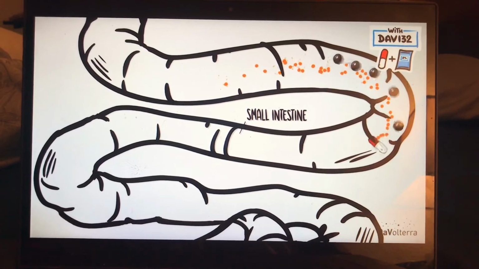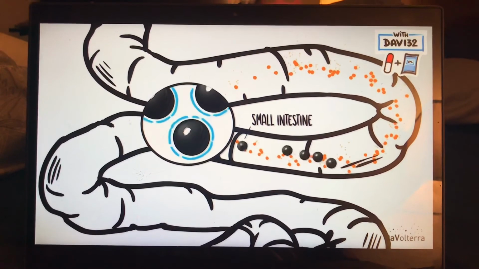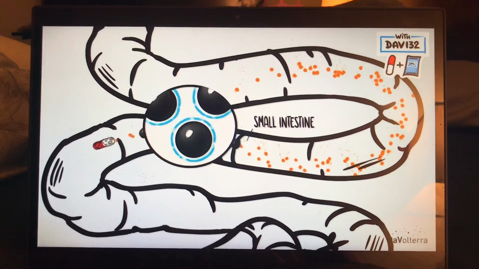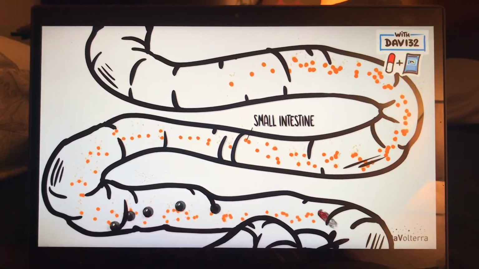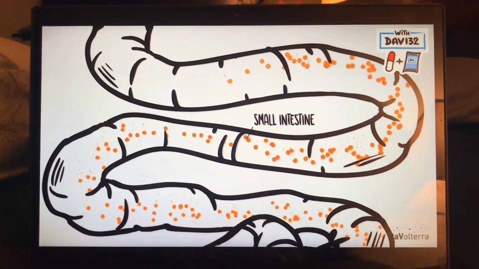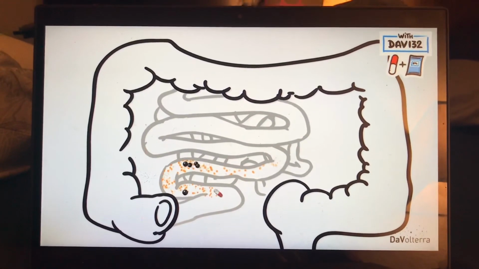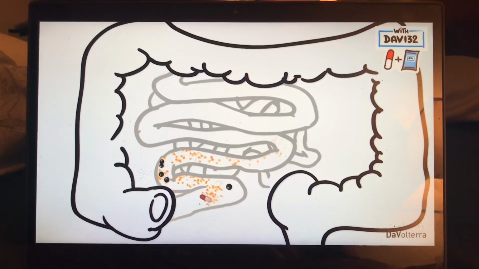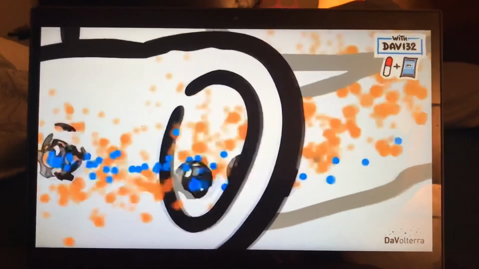Meanwhile, the DAV132 does not dissolve thanks to a special coating developed by Davoltera. Consequently, no DAV132 is released in the higher part of the small intestine, and it does not interfere with the absorption of the antibiotic into the blood. Only when the DAV132 gets to the lowest part of the small intestine does it dissolve and release active DAV132